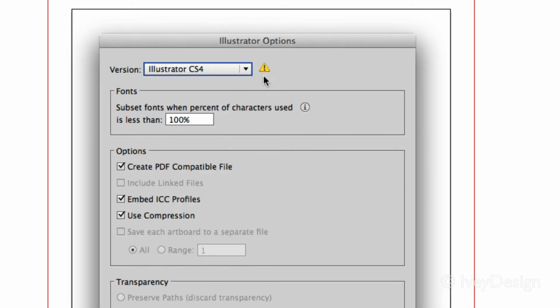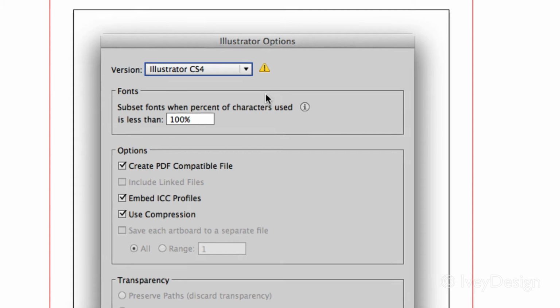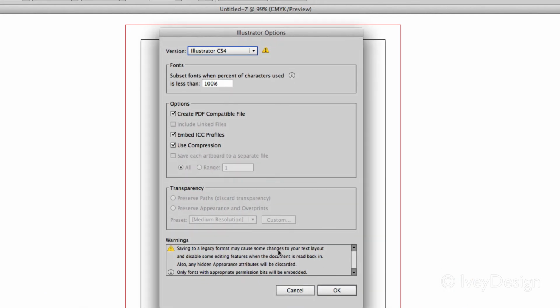This will give me a little warning saying that, hey, there may be some compatibility issues. For instance, there are things you can do in CS6 that I can't do in CS4. For the most part, you will be able to open up your vector file, though there may be some slight changes to the way things are rendered. This is just giving you this warning saying that's what's going to happen. If I hit OK,